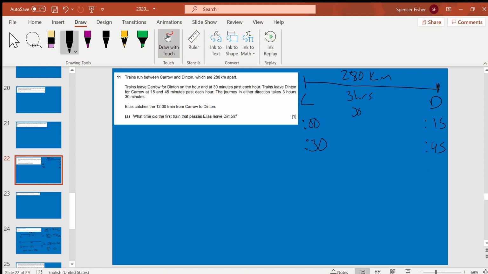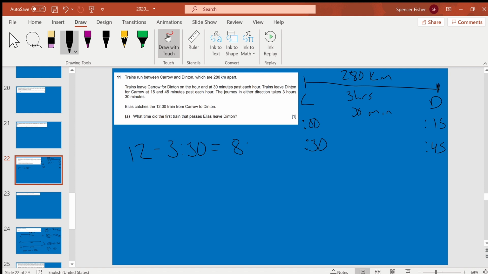3 hours, 30 minutes. So this dude catches the train at 12 from Carrow to Dinton, and they want to know what time did the first train that passes Elias leave Dinton. So what do we know? We know that Elias is leaving at 12, and we know whatever train is going to have passed him had to have left within the last 3 hours and 30 minutes,